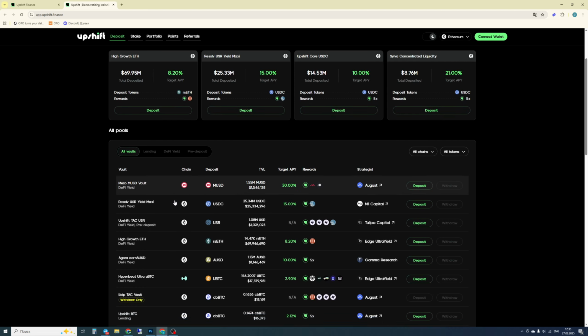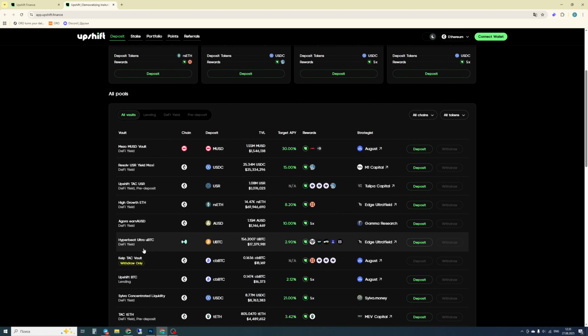If we scroll down a little further, we will see all the various available pools listed on this platform. We will carefully examine the various network chains where we intend to deposit our funds, and these are the specific coins that we will be investing in. TVL refers to the total funds that users have deposited into each specific pool, total value and amount. Target APY, that is, the target yield and rewards that we will be receiving. Here, these are exactly the Upshift points and additional tokens. In the final columns, we can see the dedicated curators who will be responsible for managing your investments and funds.